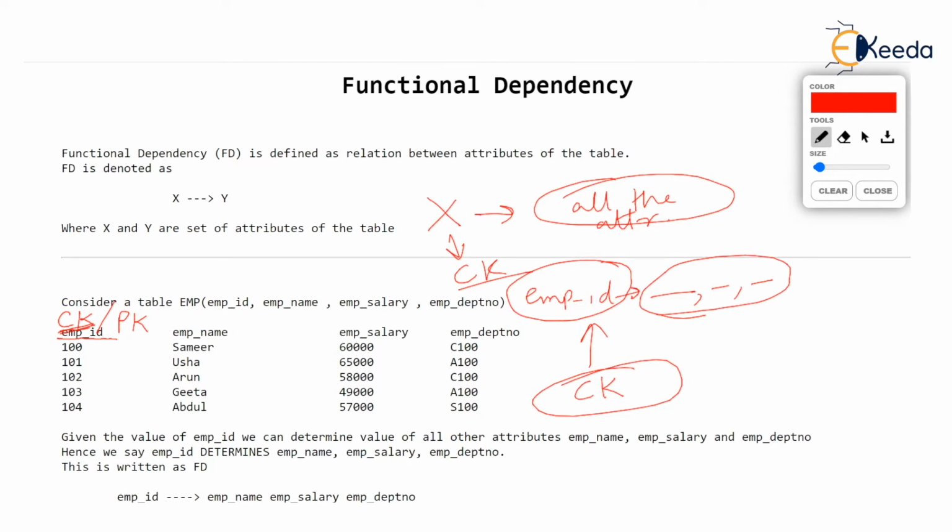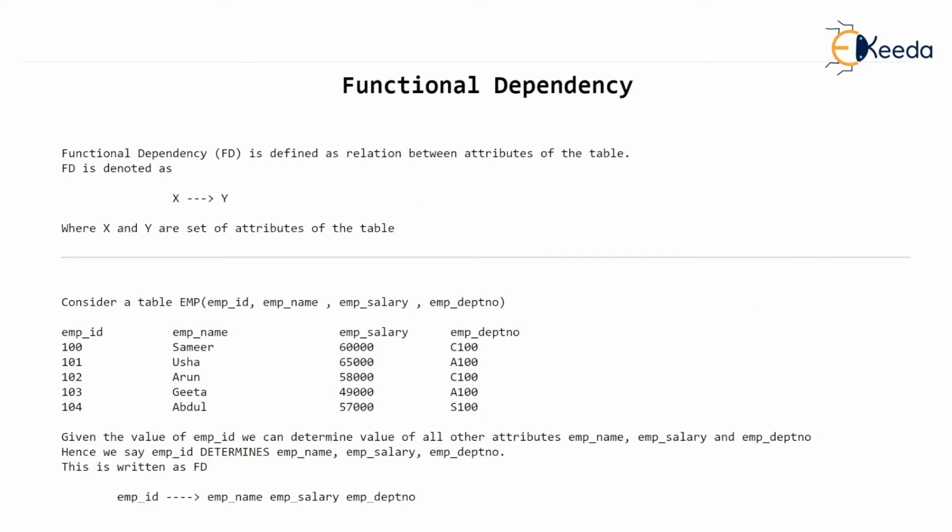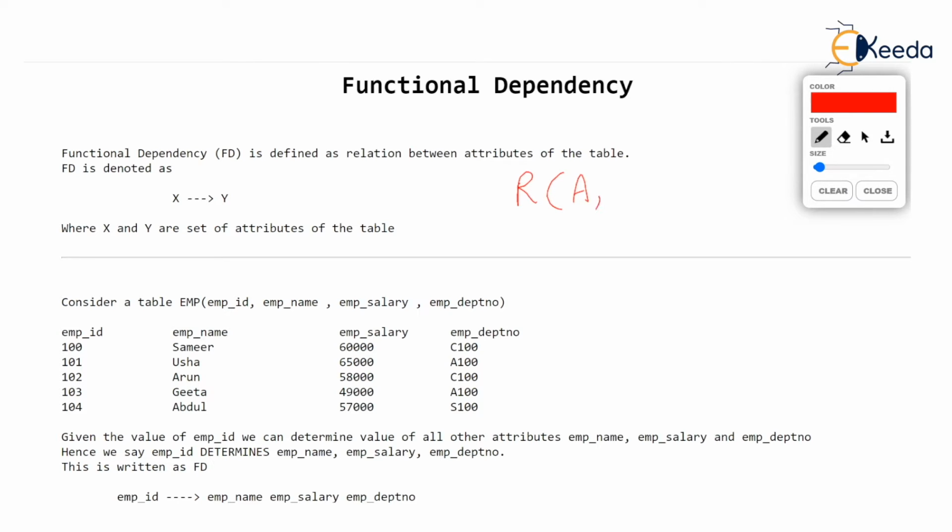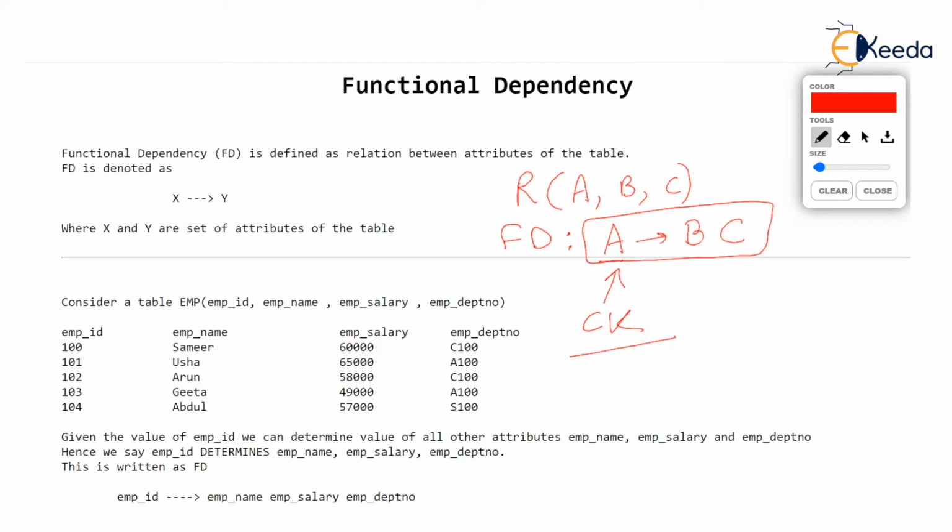Are you understanding the importance of functional dependency? I hope you are understanding. Suppose I have a table, R is the table with attributes ABC. Okay, I'm not drawing the table, but somebody has given an FD like this. FD is A determines BC. Many times comma is not written between B and C. So A determines BC. This FD is given. That's it. Now you know that A is candidate key of the table because A alone can determine the rest of the attributes. You see. So A is the candidate key.